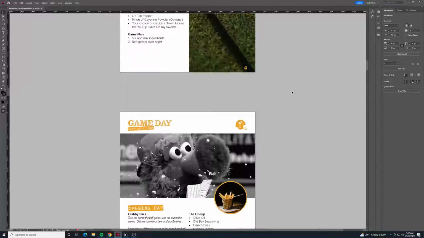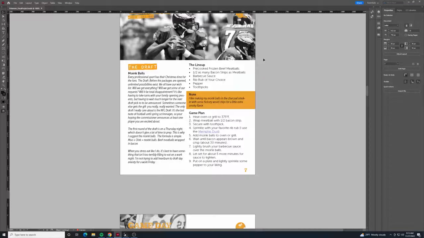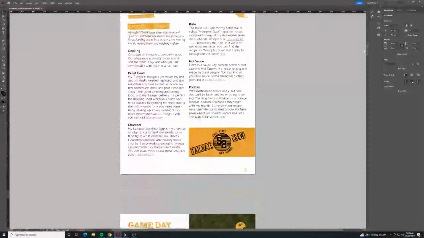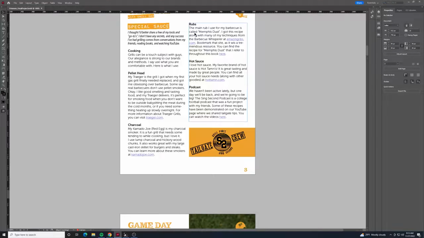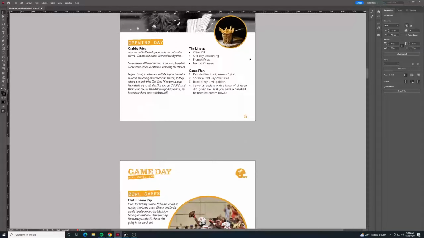The other thing that I should mention throughout this article also, and I didn't point this out earlier and I should have, so for example with the Moink balls here, it says Memphis Dust, and so these links will actually hyperlink you back to the location up here where I talk about Memphis Dust, and then you could click there to go to the site. So instead of just having all of those links take you to the web page, I thought here these links would take you to the external link outside of the PDF document,